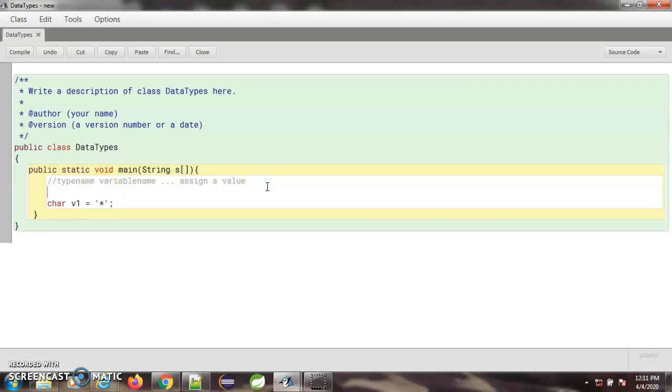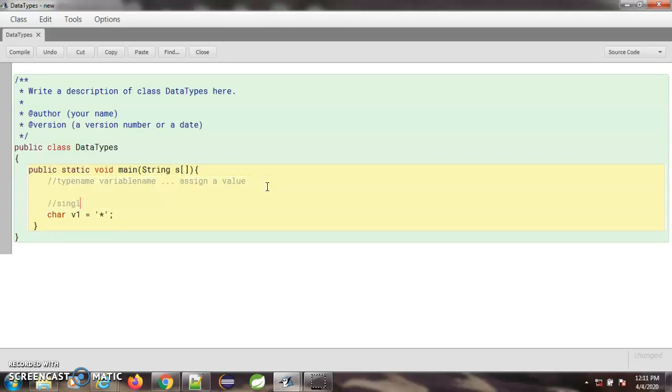So the rule for char is: single character in single quotes. Single character within single quotes. If I plan to give a digit here, that I can also give, no errors. So single character within single quotes. This is the char data type. You can assign any character on your keyboard to a variable of char data type, but the rule is the value should be a single character and it should be enclosed within only single quotes.